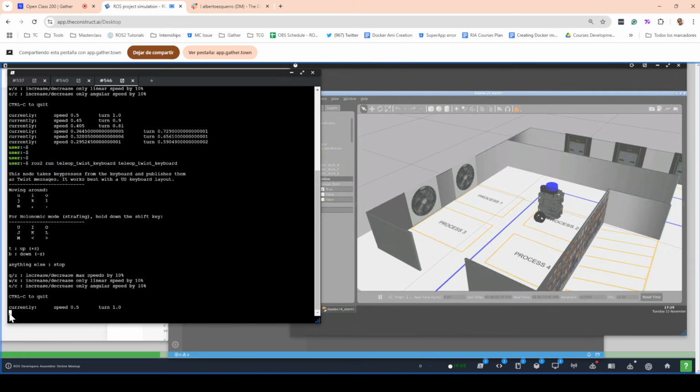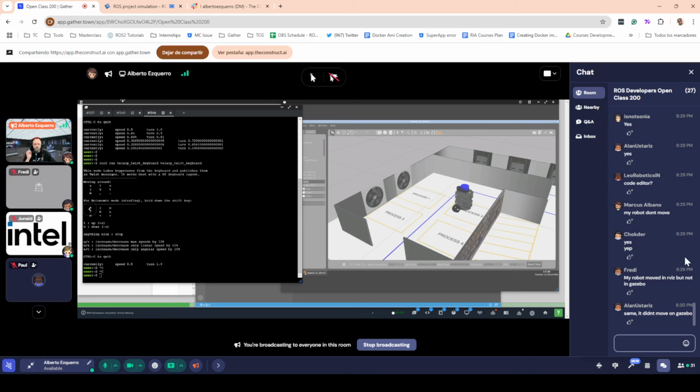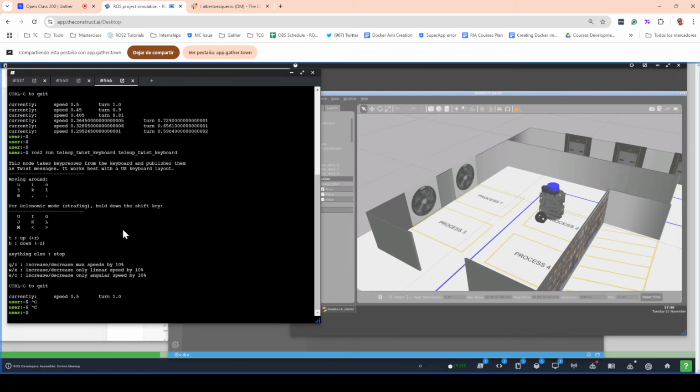So you should see the prompt here in your shell blinking, okay? This means that the focus is in this shell right now, okay? Let me stop this. It didn't move on Gazebo, so try this, okay? Try this. Very likely this is the problem, and